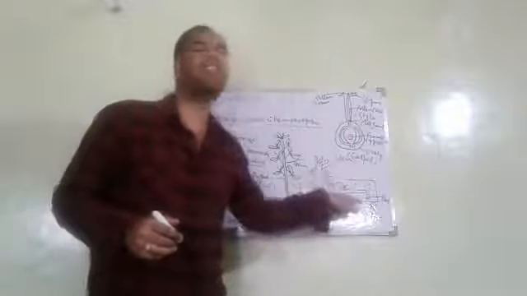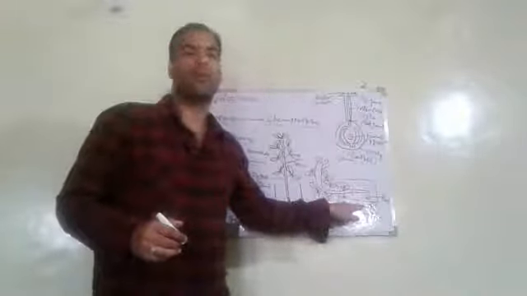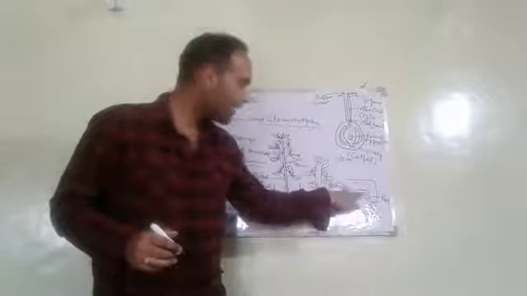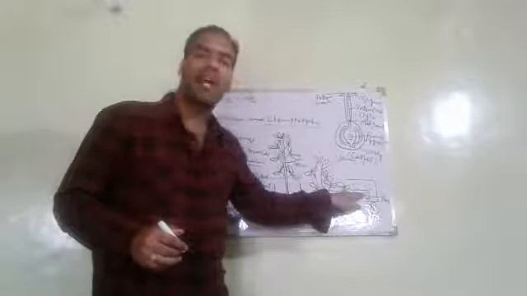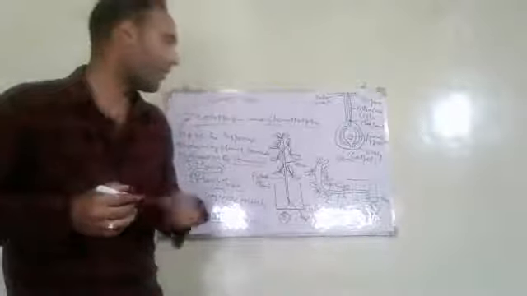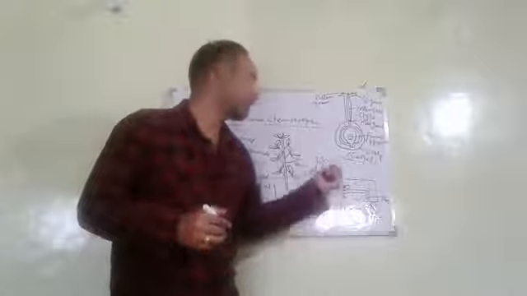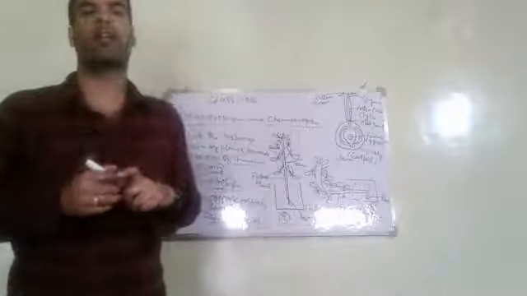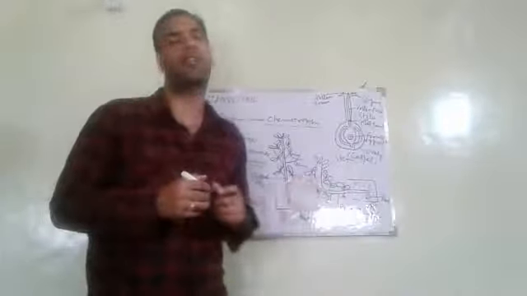This clearly indicates that roots are positively geotropic, means they grow towards the direction of stimulus of gravity. They show a bend here. Roots show bendness or curviness towards the direction of stimulus of gravity. Hence, roots are positively geotropic. While the stem grows upwards, means against the direction of gravity. It clearly indicates that roots are positively geotropic, while stems and the upper shoot of the plant are negatively geotropic.